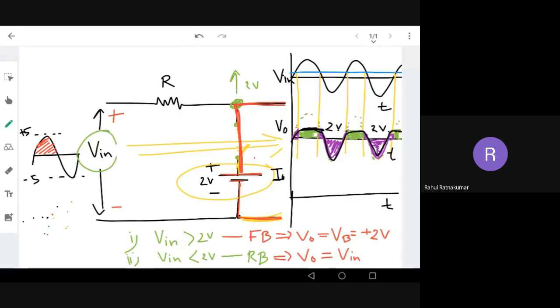Now we can see in here there is a phase when my diode is cut off. You can see the diode is in reverse bias when V in is less than 2 volt, right? So at that time the current is zero. Current is zero in all places where V input is less than 2 volt. If you extend this line, we can see these are all the points less than 2 volt. So current is only in the areas where we have the saturation points.